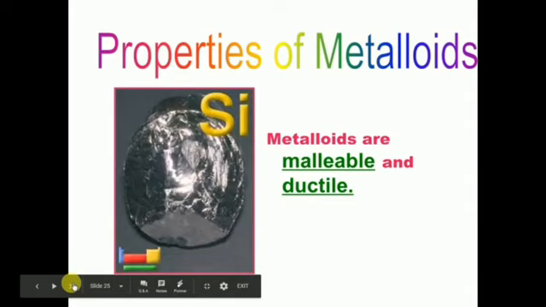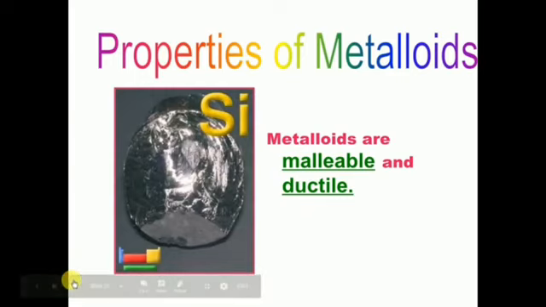Metalloids are malleable and ductile like silicon. Silicon chips are used in computers and mobiles. Silicon and germanium are also used in solar panels, solar cells,